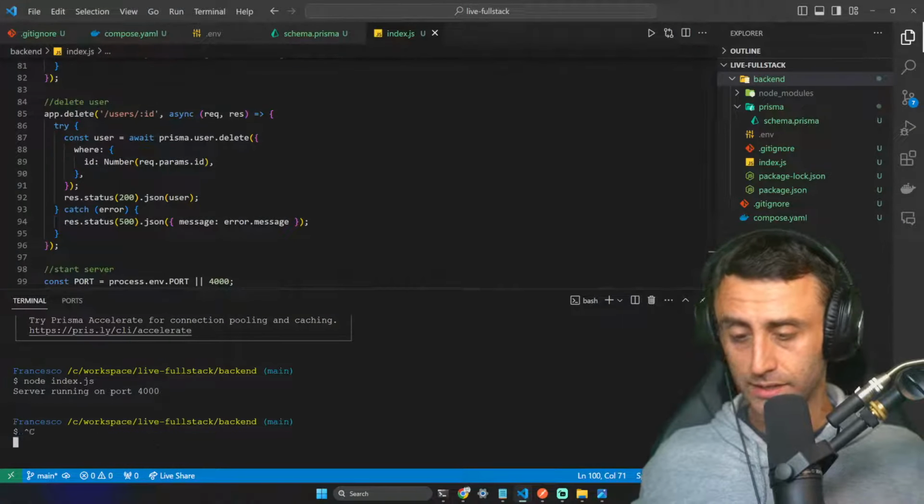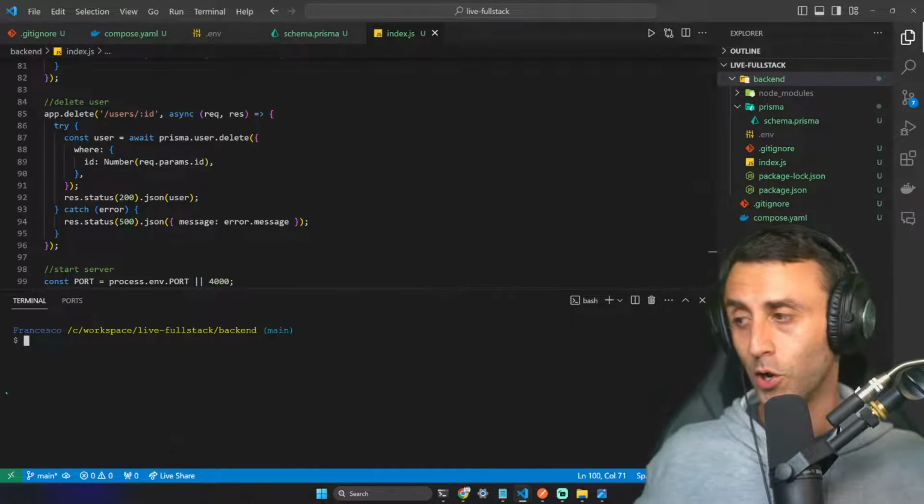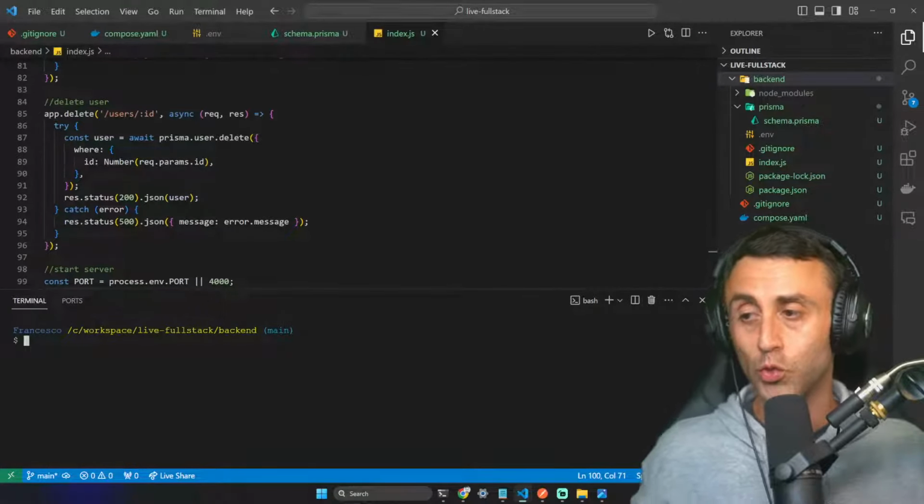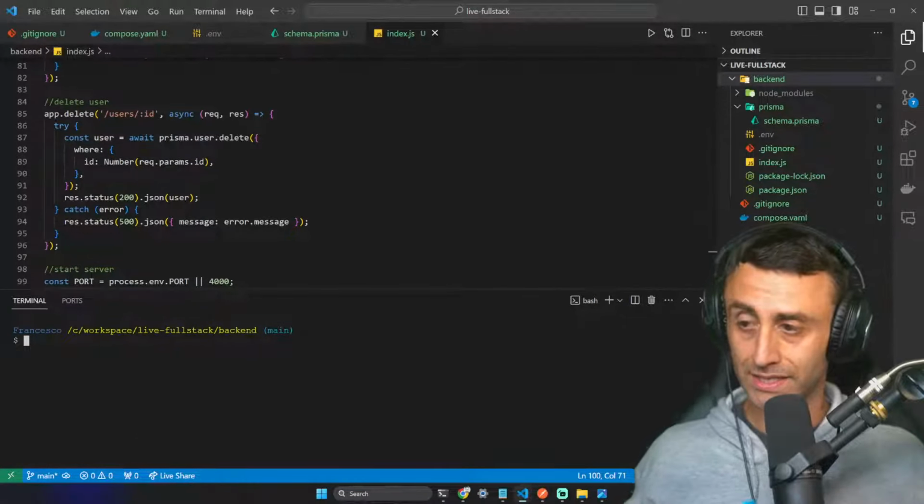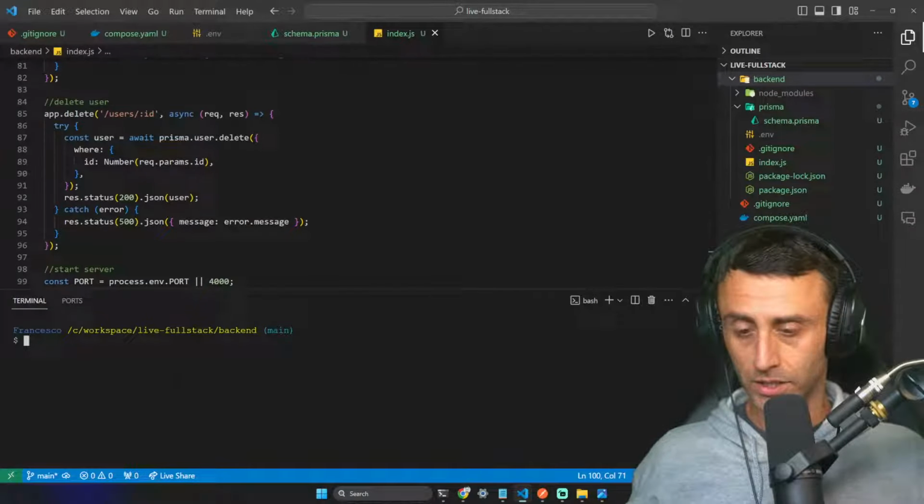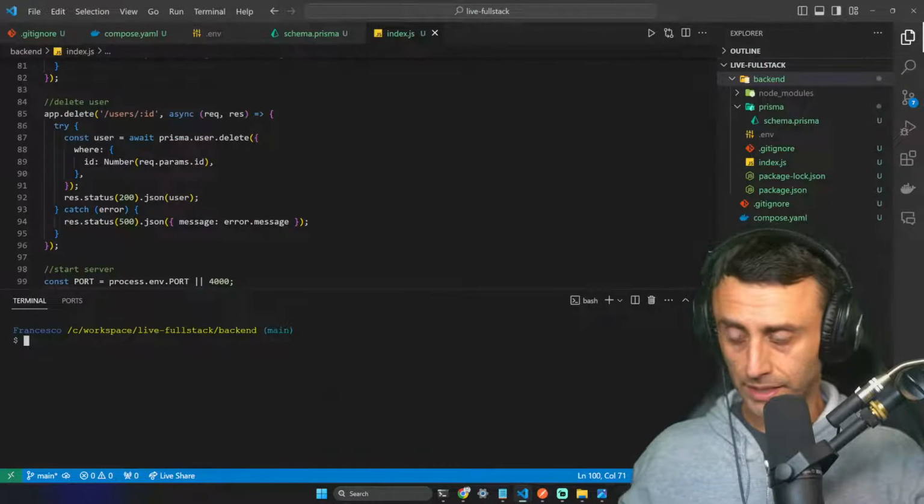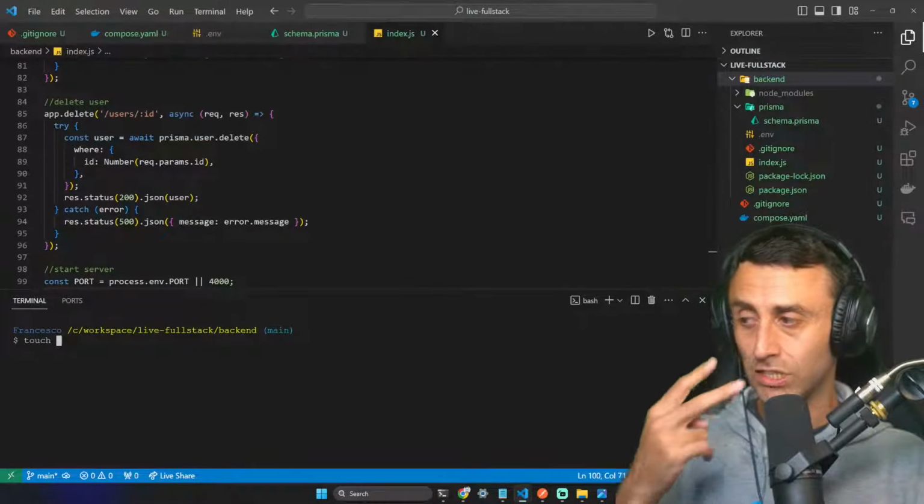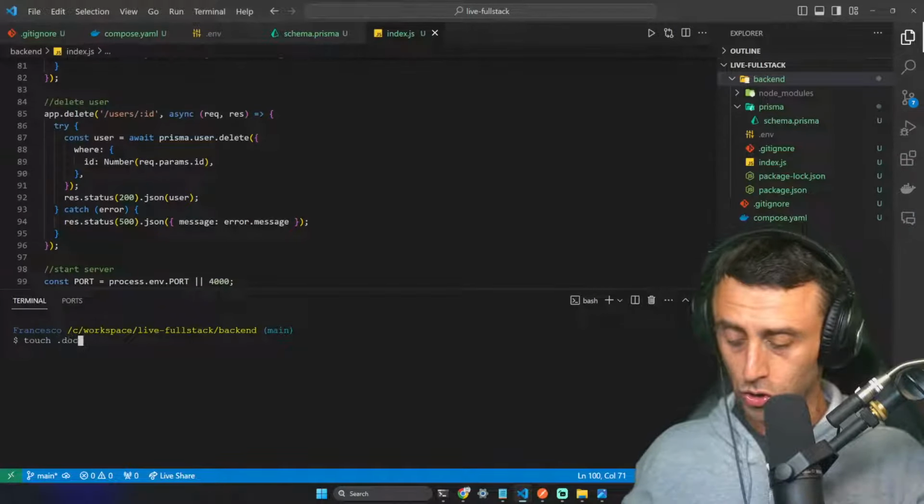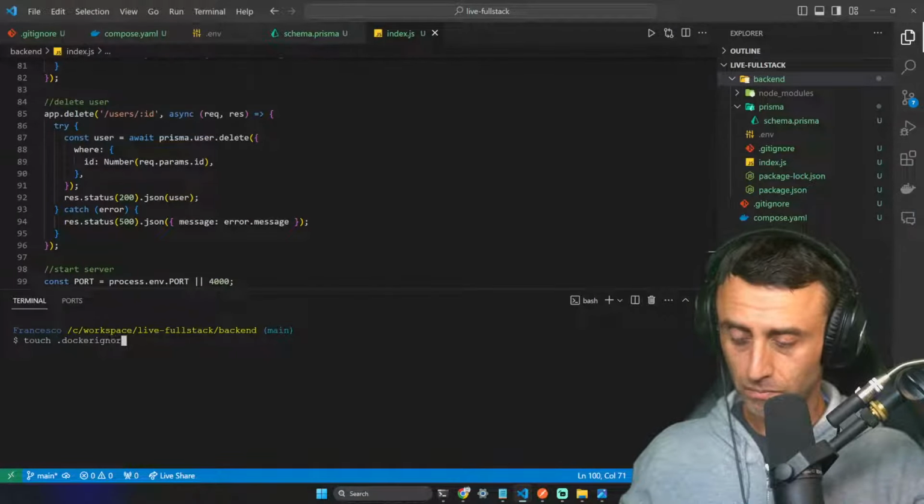So let's go here, let's stop here, and let's go probably on my favorite part, which is to dockerize this backend service. Now, how can we dockerize this application? We have done this multiple times on this YouTube channel, so I will go faster here. We can just create two files, touch .dockerignore and